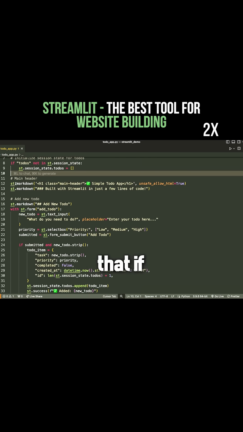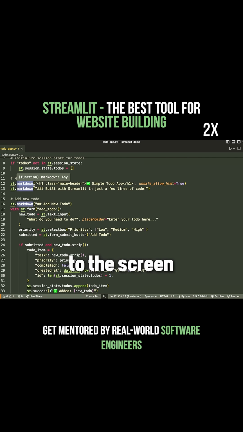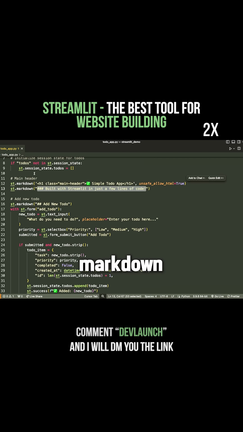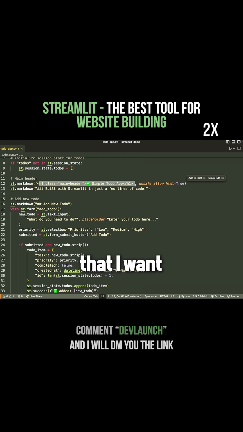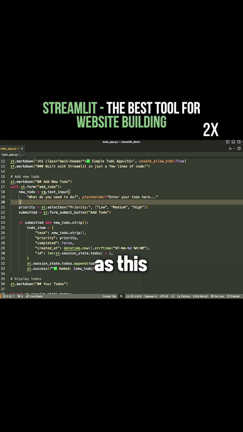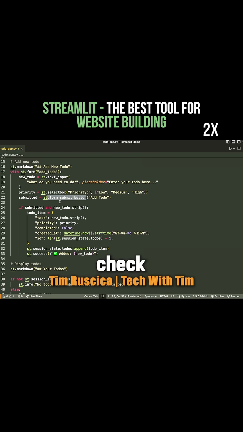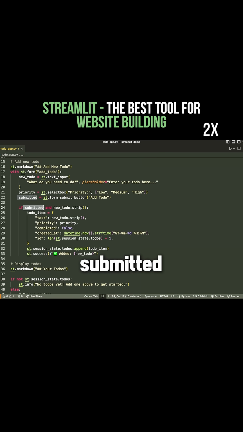And then you can see here that if I want to render something, I simply write st dot whatever I want to render. So in this case, I want to render markdown to the screen. And then I just put the markdown code, or in this case, it was HTML that I want to show. If I want to render something else like a text input box, it's as easy as this, st.text_input. If I want to create a form, I do a form like this. If I want a select box or a form submit button, it's as easy as this. And if I want to check if the user pressed the button, I can just say if submitted, the name of my button here, and then I can check, for example, the input